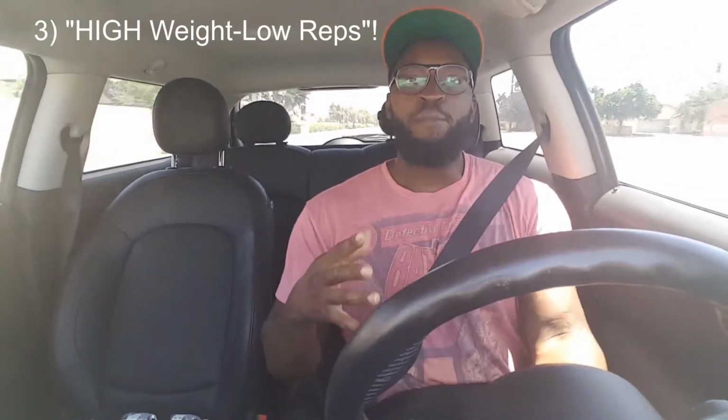Once you do that, you're going to have to change the way you lift. Ideally, if you want to build big chest muscles, then you're going to have to lift weighted exercise machines at the gym or free weights or whatever. You're not going to be able to get away with a big chest doing push-ups, for example. So you want to go to the gym, and what you want to do is load up on the weight